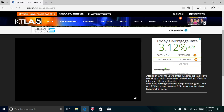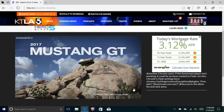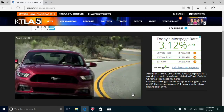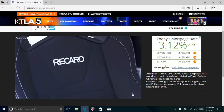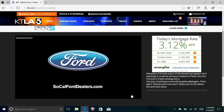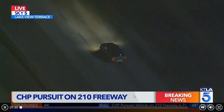On that and get a more exact location, Tim. Yeah, we're already past the 118, working our way up towards Maclay here as we enter into the Sylmar area. Just holding number 2 lane at least 90 miles an hour is what the last report we have, and just looking at the way he's passing the other cars. So CHP units are pretty well back. They're holding a lot further back than they normally would, just letting the air unit handle it. And Newhall, I'm watching for the Newhall units up here because this is about where they'll...